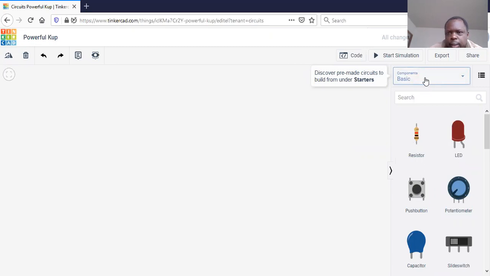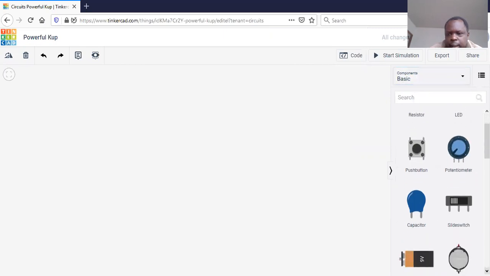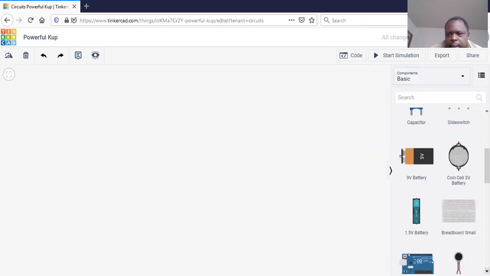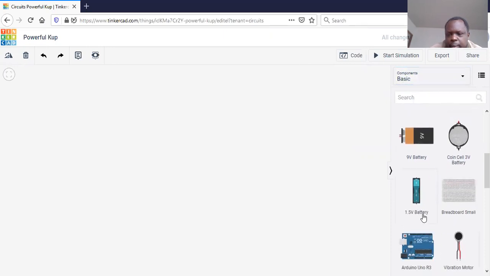If you scroll down, you can see the basic components: the resistor, the LED, the button switch, the potentiometer, the capacitor, the slide switch, the battery, a coin cell 3 volts, then a 1.5 volts battery,